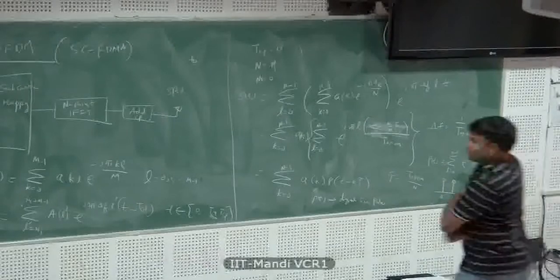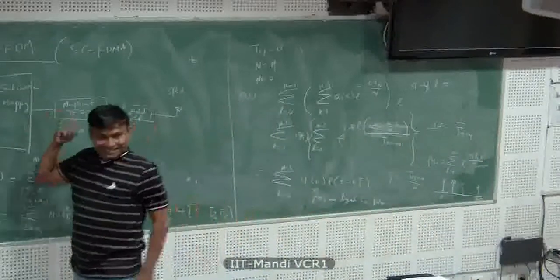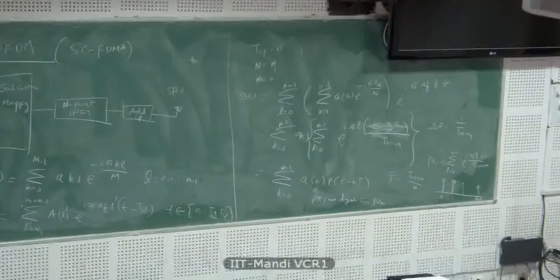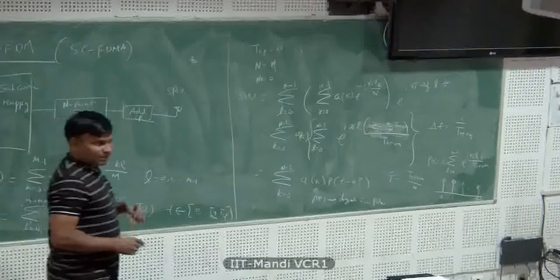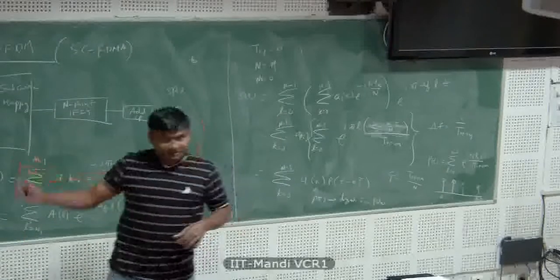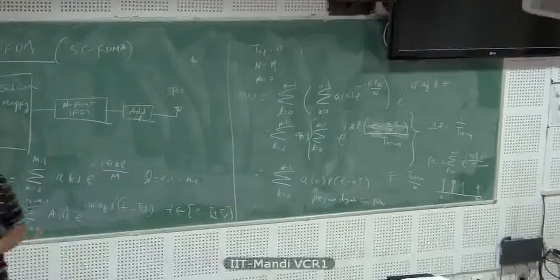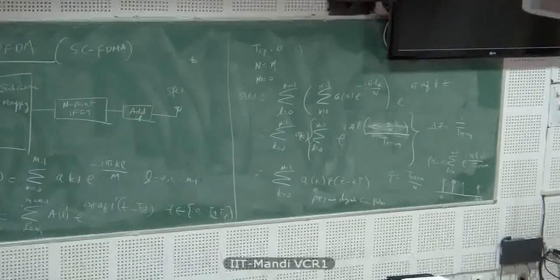So now, if you want, you can put another DFT here and check the PAPR. In the simulation, just put a DFT here and make sure the size of M is less than N. Don't make it equal, then you'll end up with the same thing. Make M equal to, let us say, some 24 or 48. Put QPSK symbols, don't put BPSK, and check the PAPR. It should be around 5.6 dB or 4 dB, depending on the length of that M. You can check that.